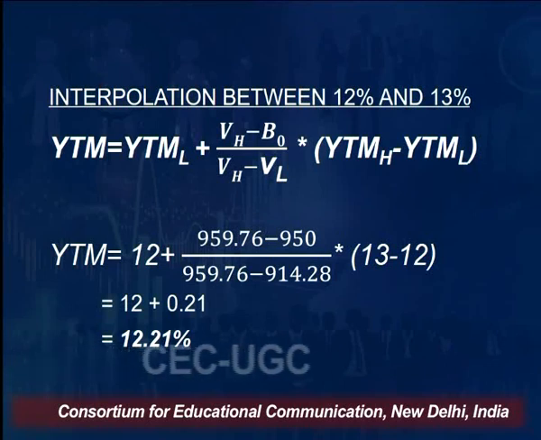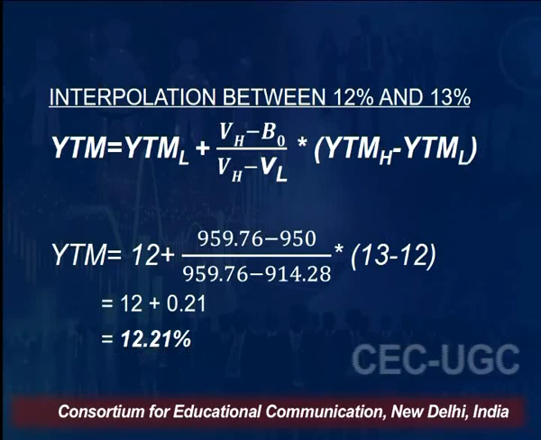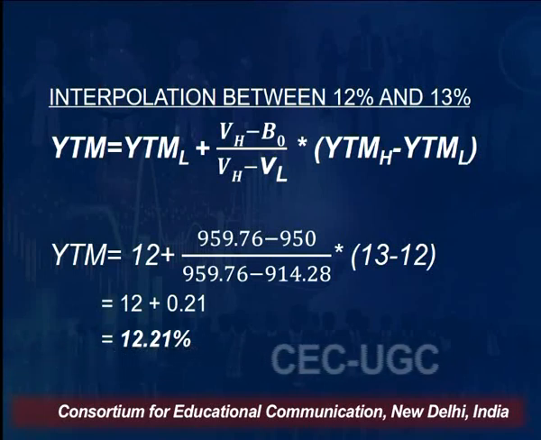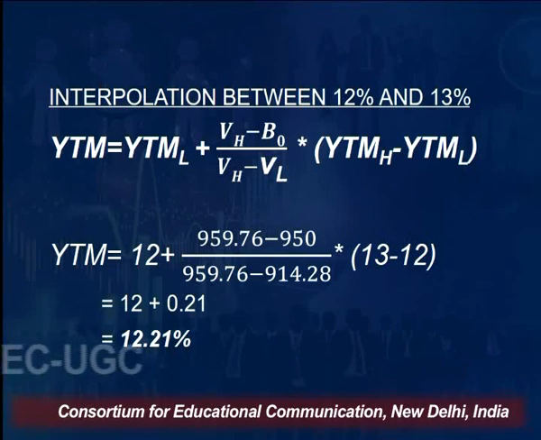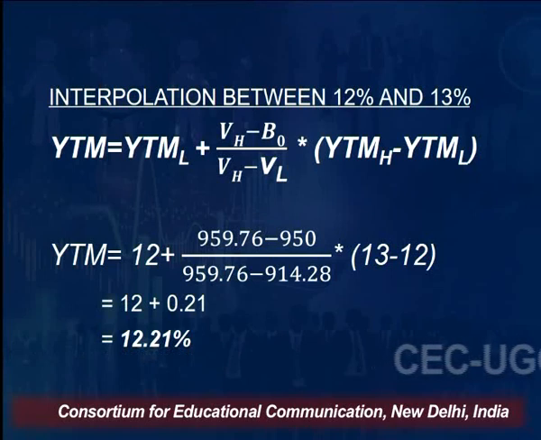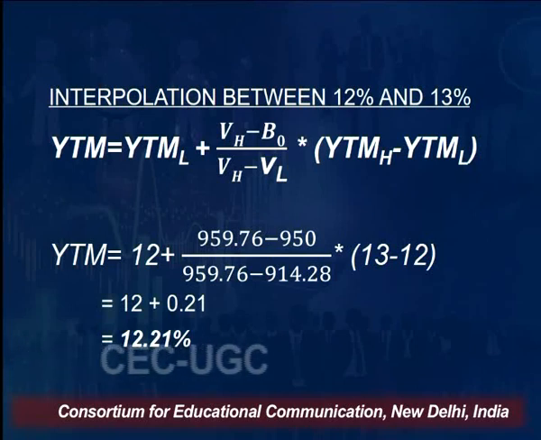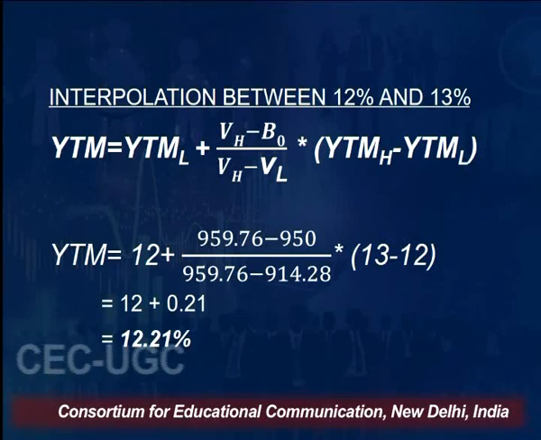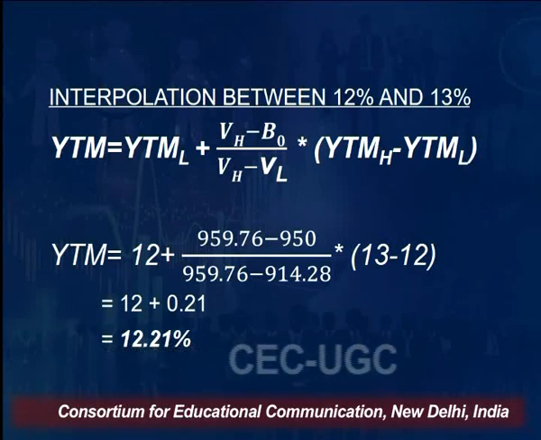Friends, I will advise you that in an examination-like situation, if you are asked to calculate YTM, you can use the approximate formula to find out what the YTM is, but merely using the approximate formula will not serve your purpose. So you will have to use the trial and error approach, and with the help of this approach you find out by using interpolation what exactly the YTM is, right? So my advice would be to always calculate the exact YTM by using interpolation.